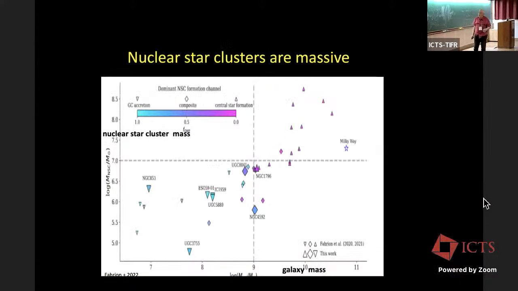Okay, so first of all, I repeat that they are massive, and that you see them up to a few times 10 to the 8 solar masses. The Milky Way doesn't have an exceptionally massive nuclear star cluster. Its one is about 10 to the 7th solar masses, but they go up to well beyond that. And as you go up in galaxy mass, there's this generic trend to have a more massive nuclear star cluster, as there was, remember, for a more massive black hole in the center too. So that, again, seems reasonably expected. You have more reservoir, more supply, more raw material to build these things up for more massive galaxies.